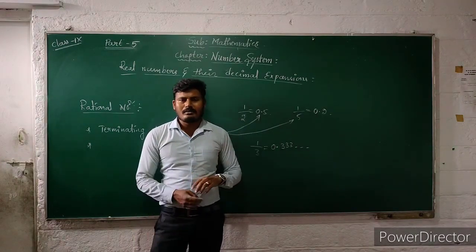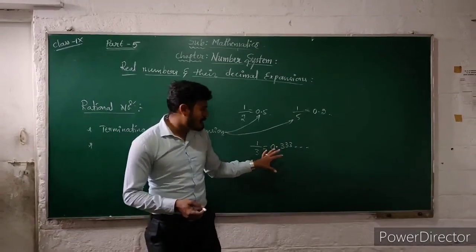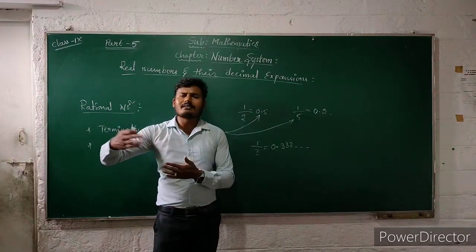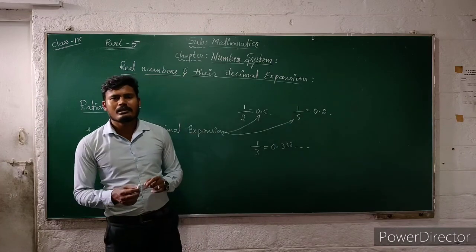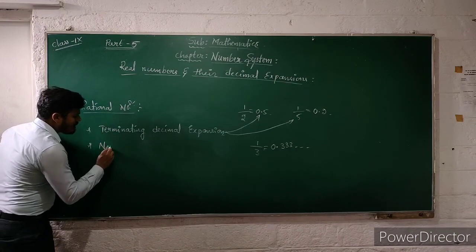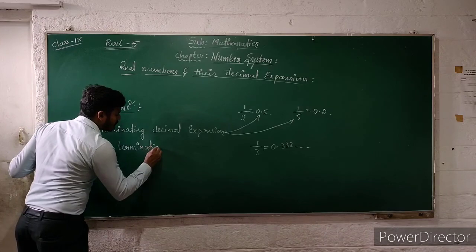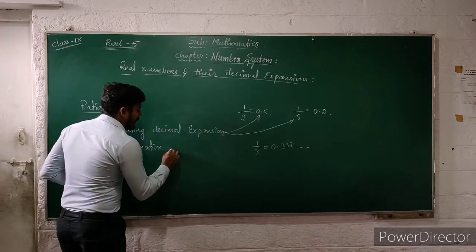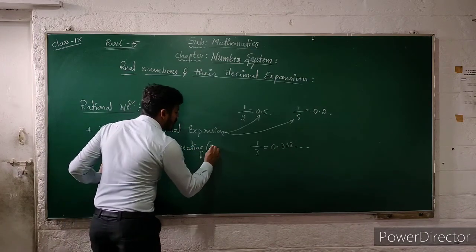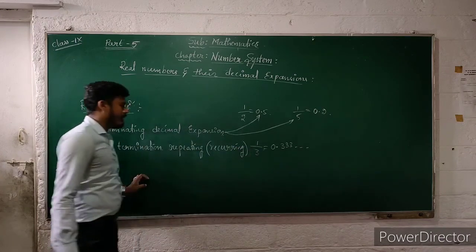In the decimal expansion, because if you observe this decimal expansion here, 3 occurs simultaneously. It won't end at any certain stage. That's why it is called non-terminating repeating decimal expansion. Repeating is also called recurring. Non-terminating repeating or